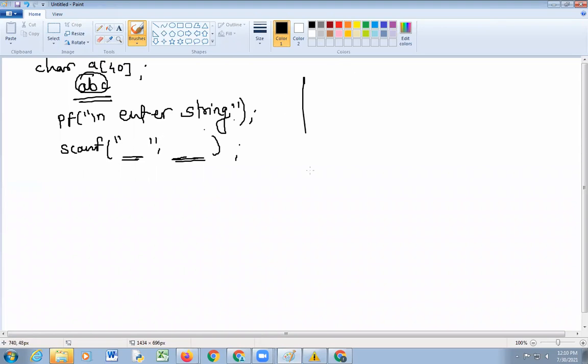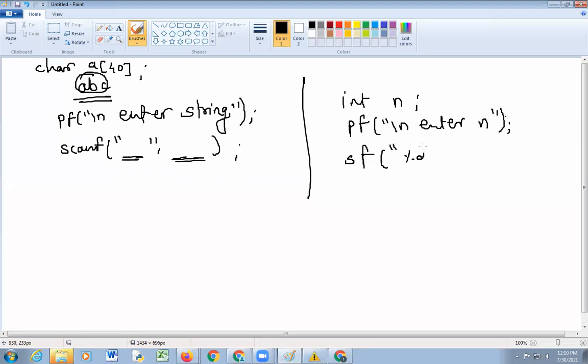Percentage. Suppose in the case of numbers, integer n. Then you write printf, enter n, and for n you write scanf %d and n.